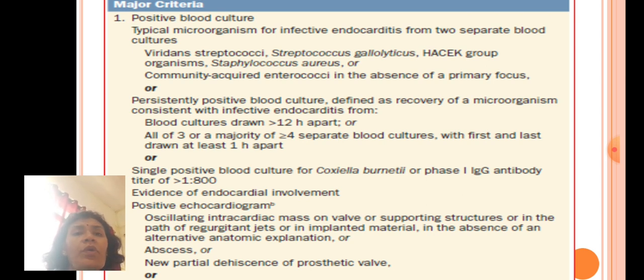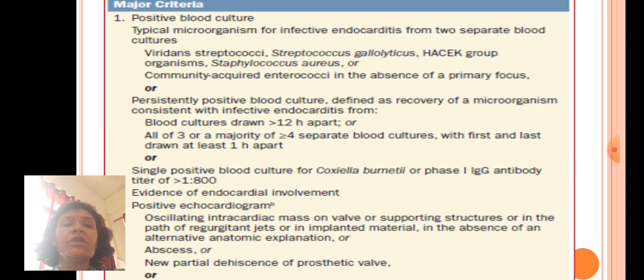So, Streptococcus viridans or Streptococcus gallolyticus, HACEK group of organisms, Staph aureus, or community acquired enterococci in the absence of a primary focus. Or there can be persistently positive blood culture, defined as recovery of a microorganism consistent with infective endocarditis from blood cultures drawn more than 12 hours apart,